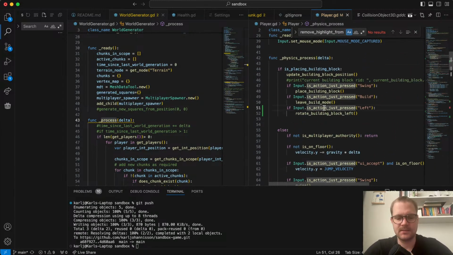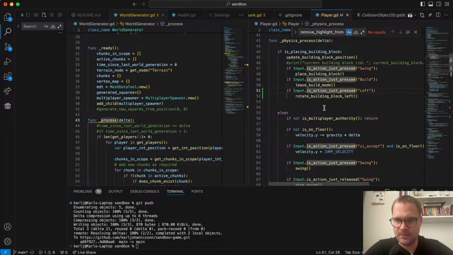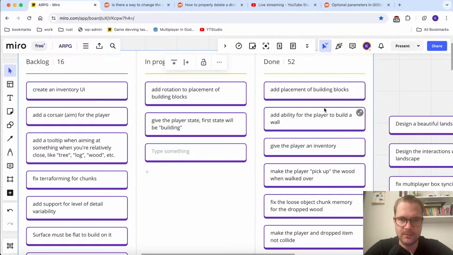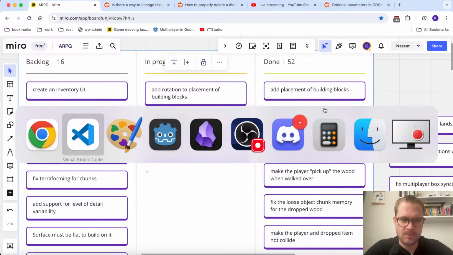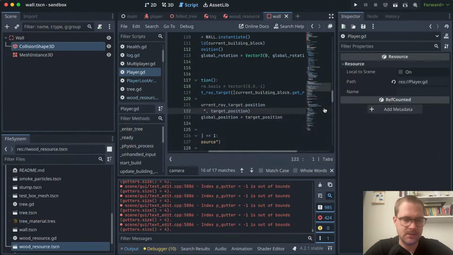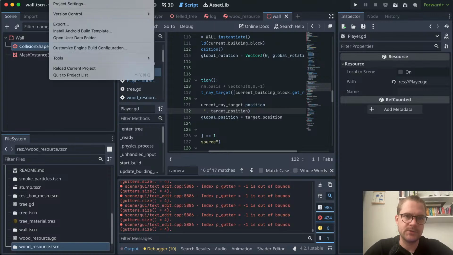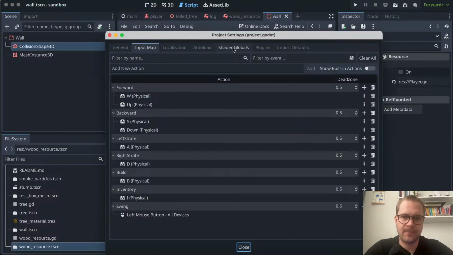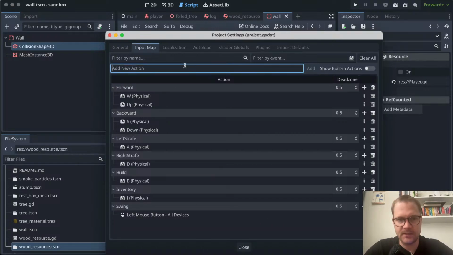So let's create a left button. Maybe I already have that. Project, left strafe, right strafe. Okay, so we can add